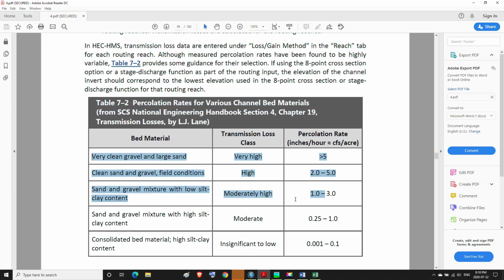In this table we have these values according to bed material, transmission loss method, and percolation rate in inch per hour or cubic foot per second over acre.